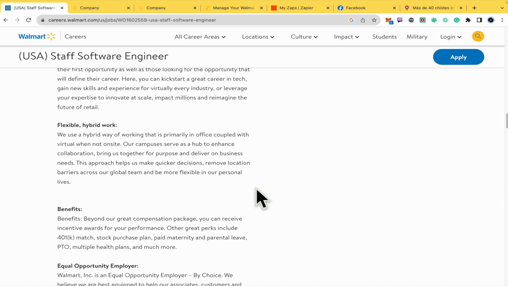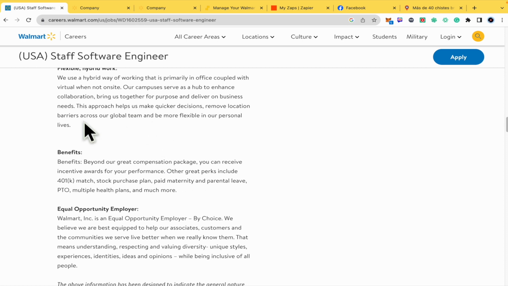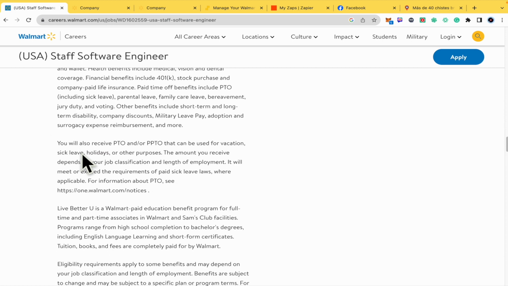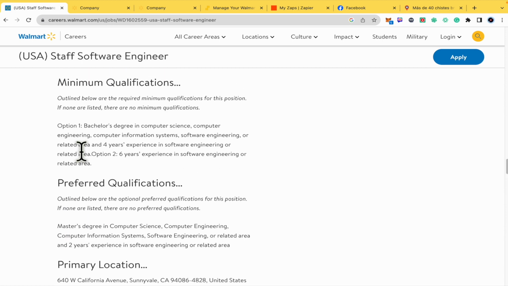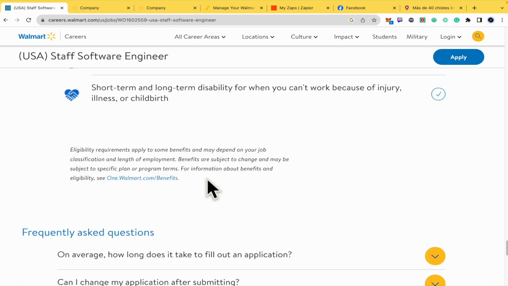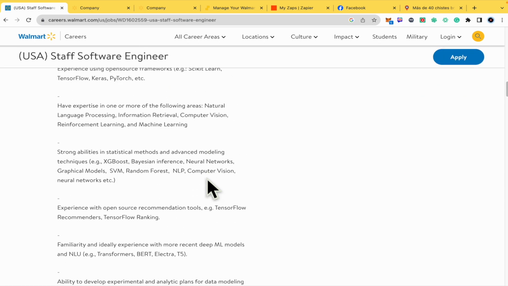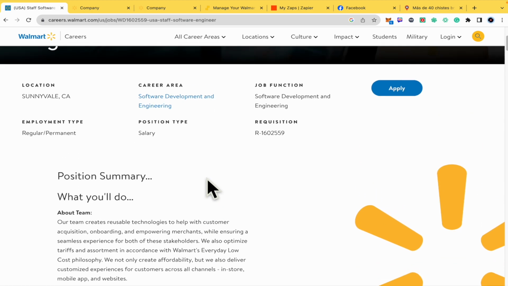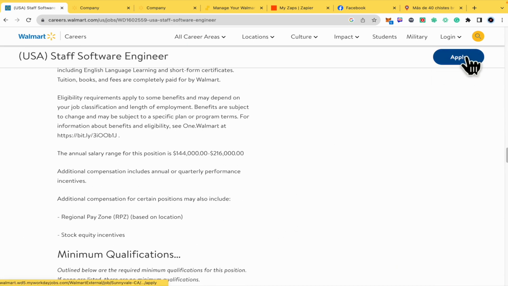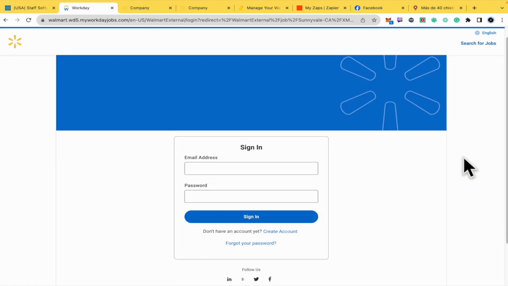About Walmart Global Tech, flexible hybrid work. So probably this is gonna be useful if you want to work from your home sometimes. The benefits, equal opportunity employer, all the info you can read for that, the minimum qualification, preferred qualifications, and some more info that you can read if you want. This is all the same in all the careers, and if you are sure this is what you want, you can scroll up until you find this, or even if you are down, there is the same button in this part. So I'm gonna apply,